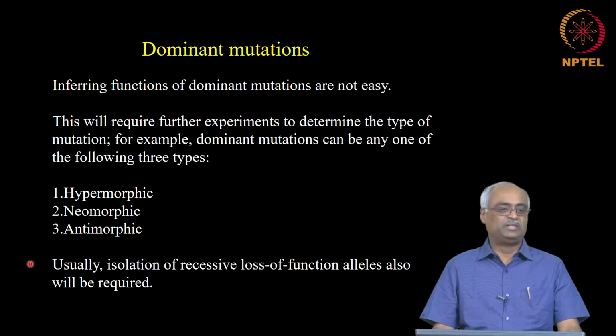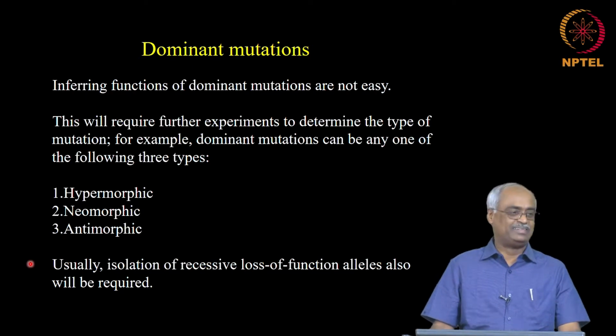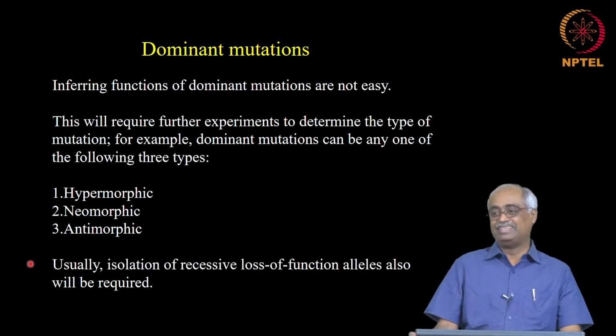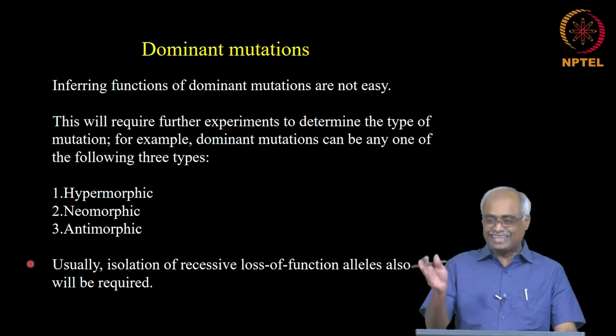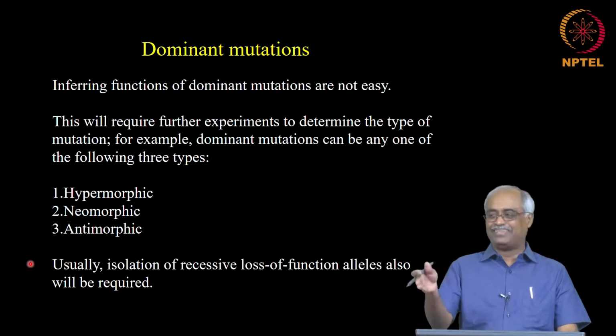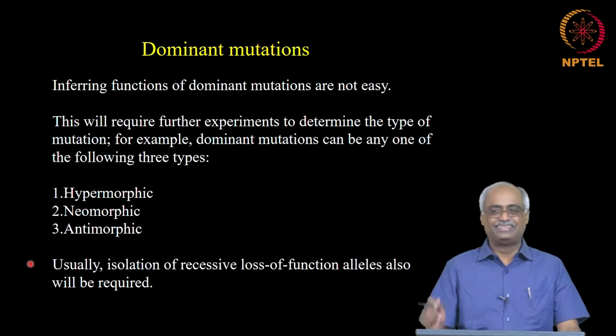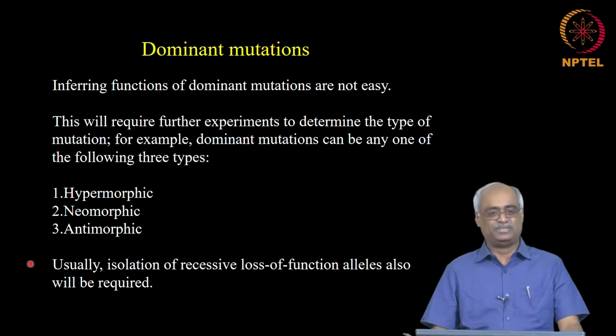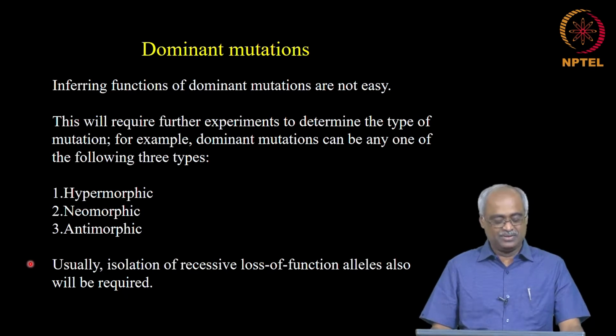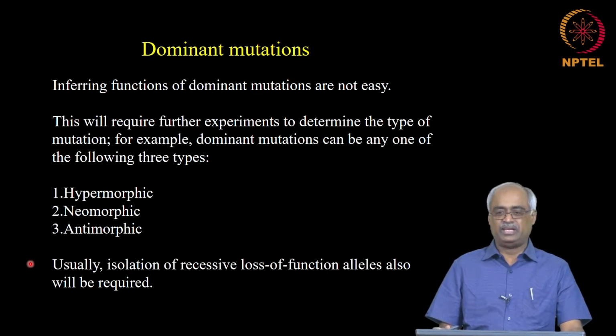For that, what do you need to do? You need to take that given instructor out of the picture and then see whether the developmental biology class is happening or not, and if it does not happen, then you know this is the instructor who teaches that as part of that program. So, that is the benefit of a loss of function. So that is why dominant mutations do not immediately tell what is the role of a given gene for that